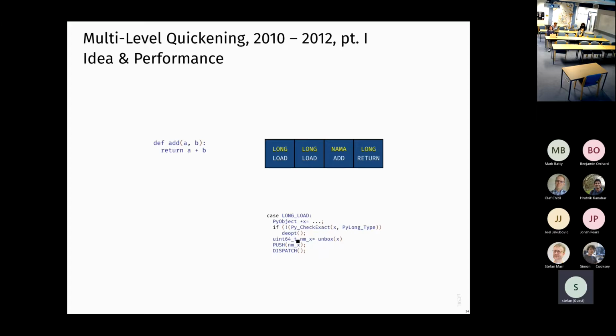So you see here that after executing long load, not a Py object is on the stack, but the actual numeric representation of this number. So we have 2 native machine numbers written here on the stack. And then we have this addition instruction that is then still popping the numbers off the stack. But then we basically also use the native machine, or what the compiler generates here, to actually add the numbers x and y together. And you can also see there is no reference counting anymore, and there's no function call anymore. So this is now